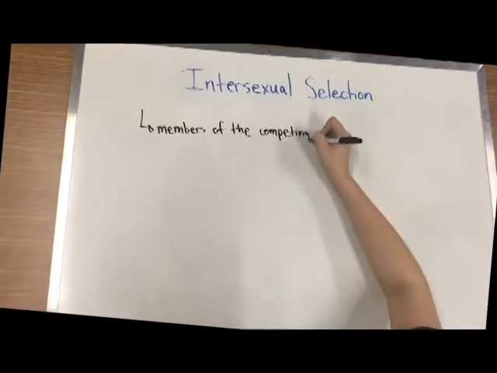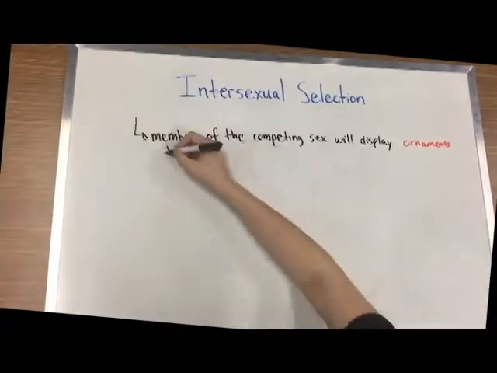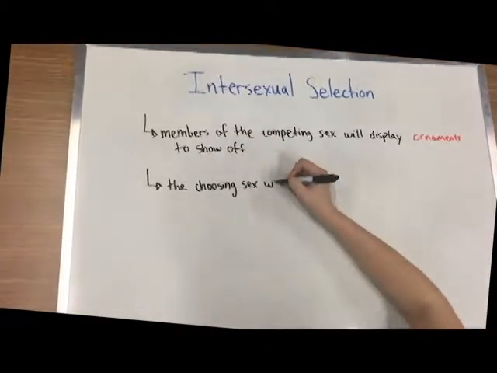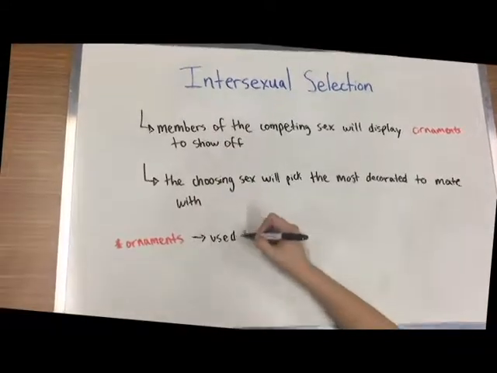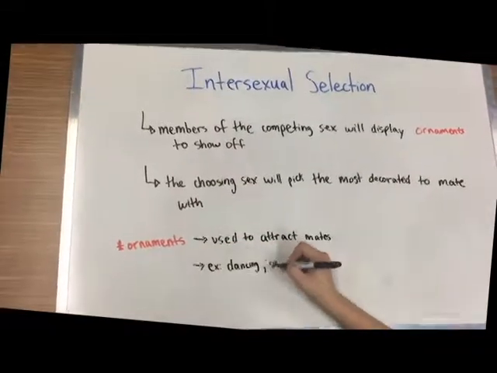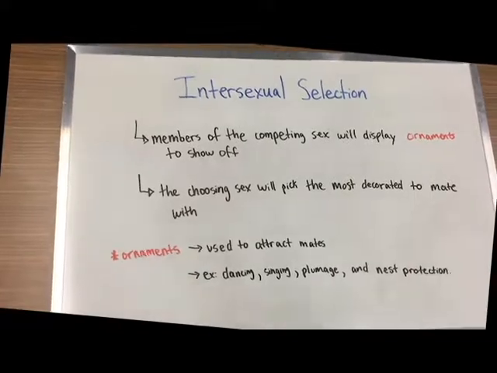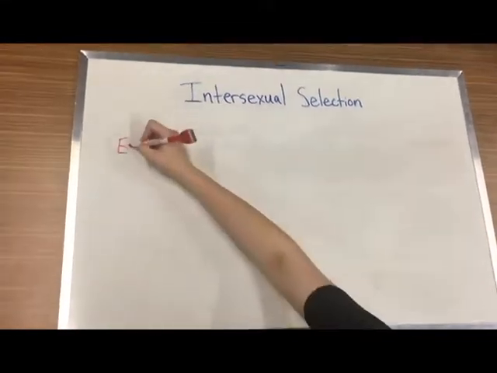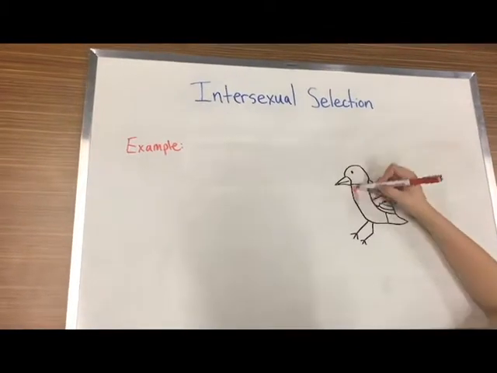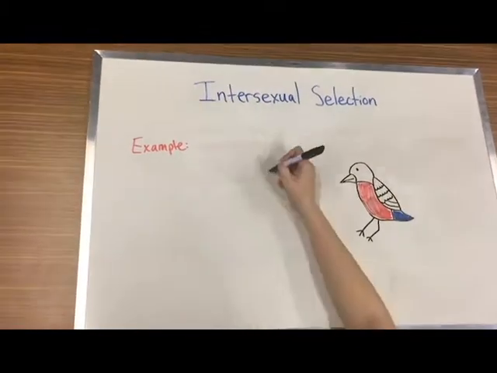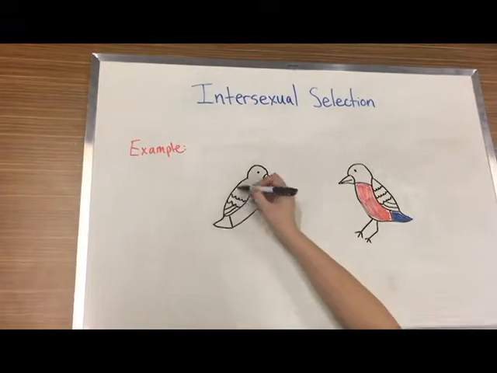Intersexual selection is when members of a competing sex will display a type of ornament in order to show off for the choosier sex. The choosing sex will decide who to mate with based off the most elaborate ornament traits that they possess. The ornaments are decorative and used to attract mates. These ornaments are used for charming and can include dancing, singing, plumage, nest protection, among other factors. A prime example are the ornaments and armaments in shorebirds. Polygamous shorebirds are highly ornamented, where they compete with each other on leks in order to gain sexual access to